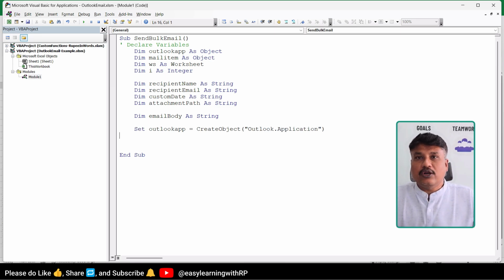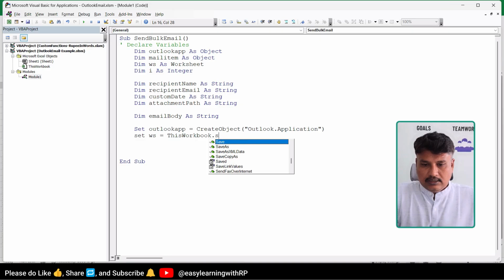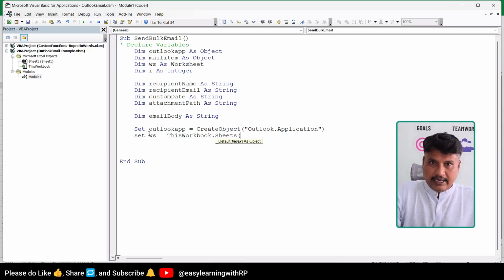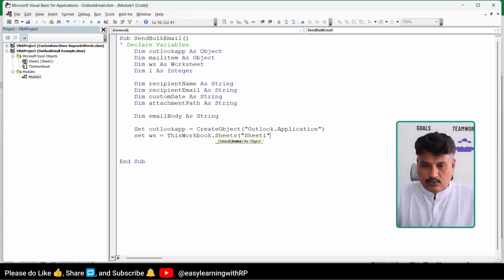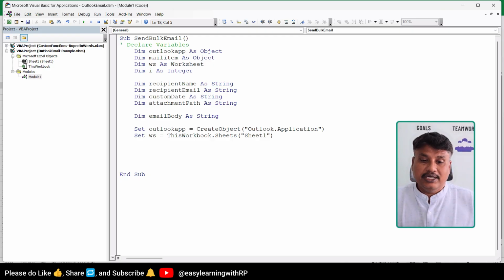This is going to create an object as an Outlook app object. Next we will set WS equal to ThisWorkbook.Sheets, and we have Sheet1. So these are the two variables we are required to initiate first before going further.